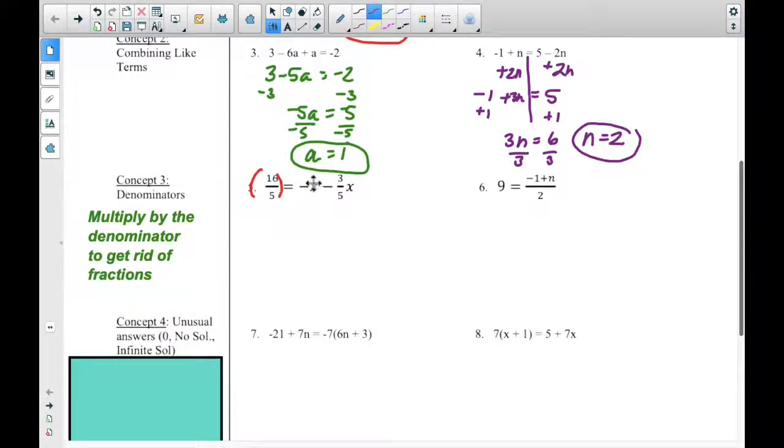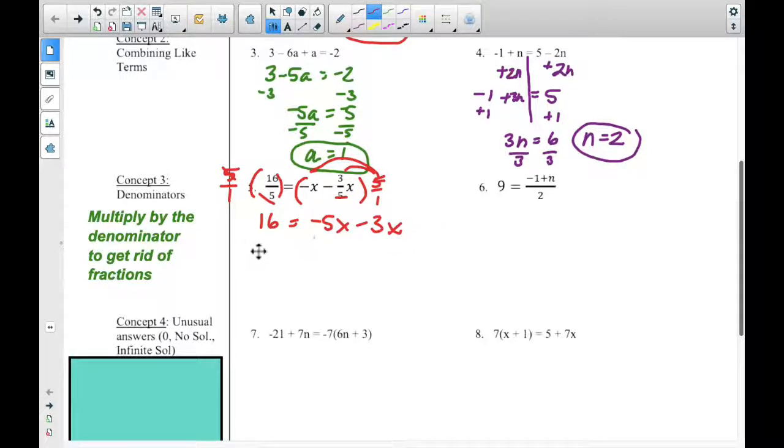So my denominator on the left is 5. My denominator on the right is also 5. That makes it handy. That means I'm just going to multiply by 5 over 1 on both sides. So those 5's cancel out. That's how multiplication with fractions works. So I have a 16 on the left. On the right, I do need to distribute this. So I have a negative x times 5. That's a negative 5x. And once again,